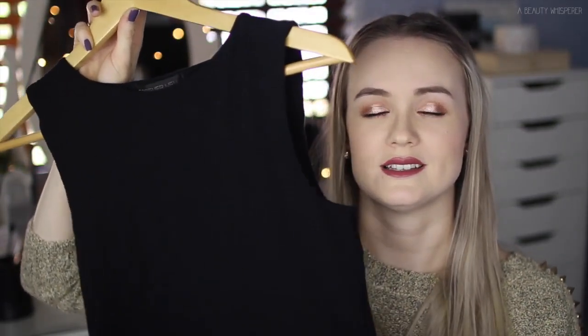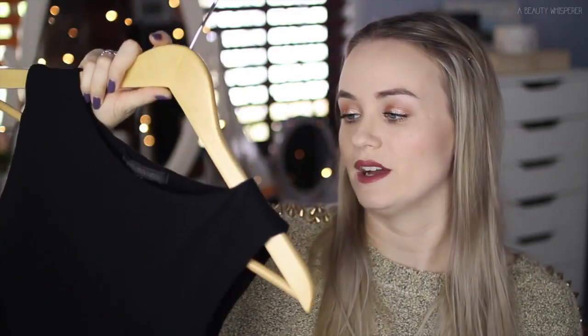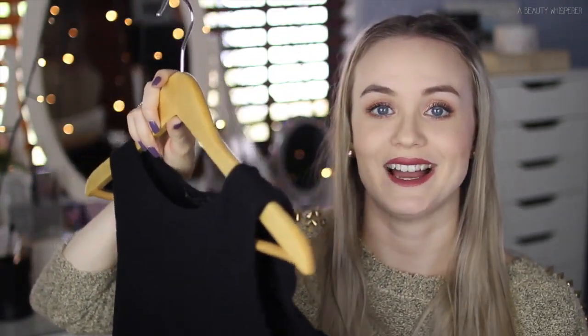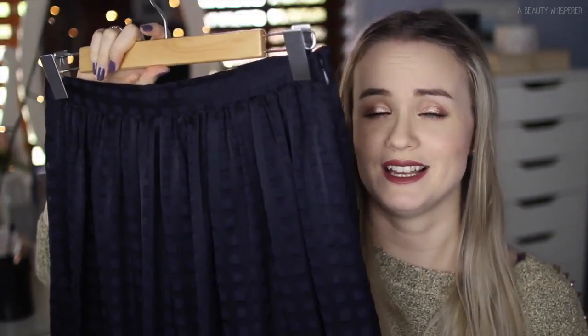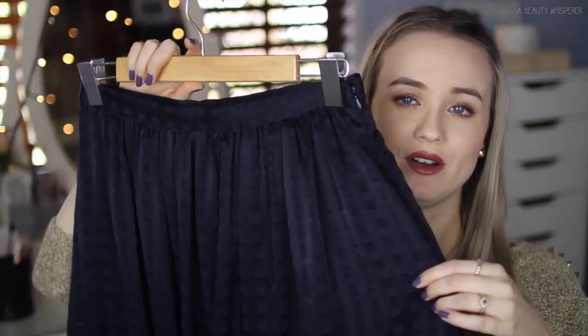This is called the Tilda sleeveless crop top, and it comes in black and white, but I got the black obviously. And it's double lined, which I really like. It's not just one layer, it's actually lined. I also got this skirt here to go with that crop top, and this is called the Callie check sheer midi skirt. So as you can see, there's like a check design on it, and it's navy,